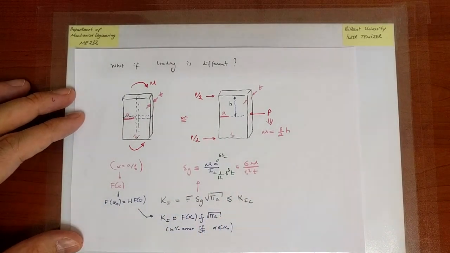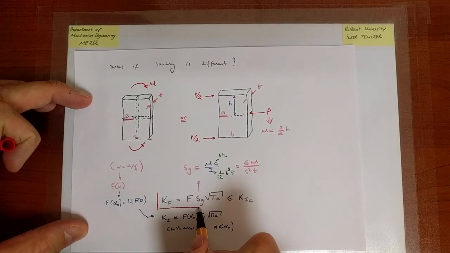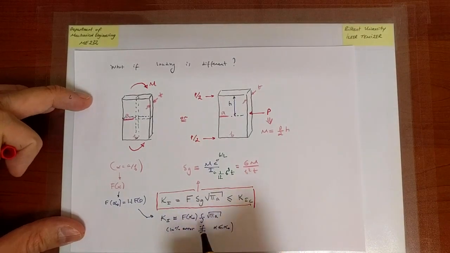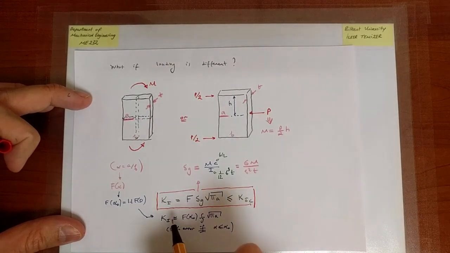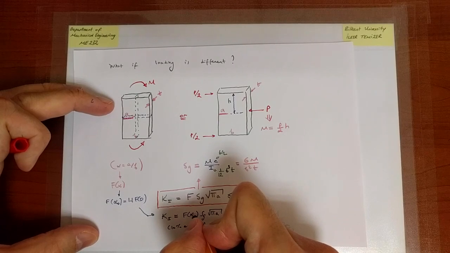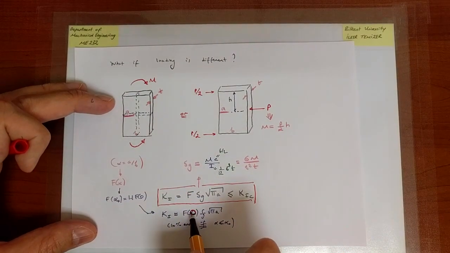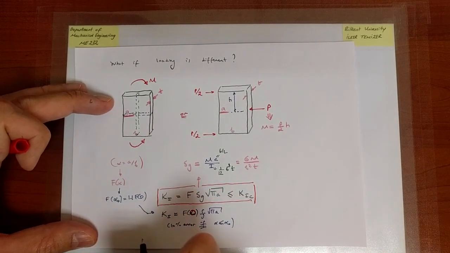So this expression is always true. But if alpha satisfies the 10% limit, then with 10% error on K1, I can use a slightly simpler expression, which I am sorry, now I'm correcting. This should be 0. I can simply use the value of F at alpha equals 0, which in this case